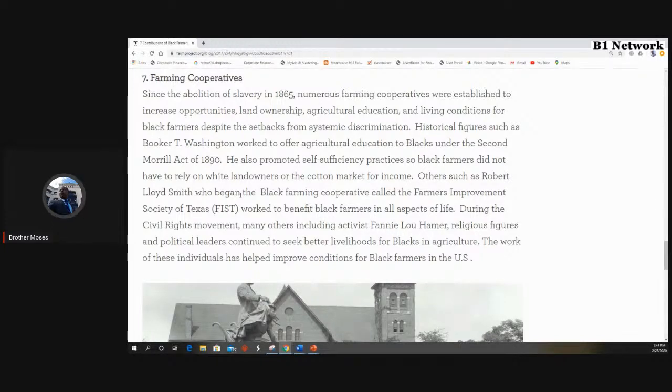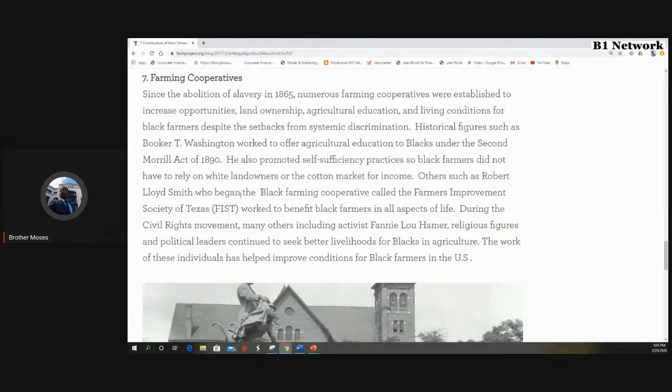Others such as Robert Lloyd Smith, who began the Black Farming Cooperative called the Farmers Improvement Society of Texas. See, it spread Florida, Alabama, all the way to Texas. They even have a picture of Booker T. Washington in New Orleans. But Black Farming Cooperative called the Farmers Improvement Society of Texas worked to benefit Black farmers in all aspects of